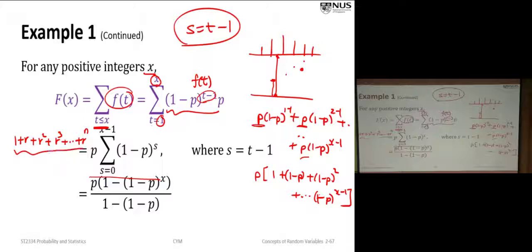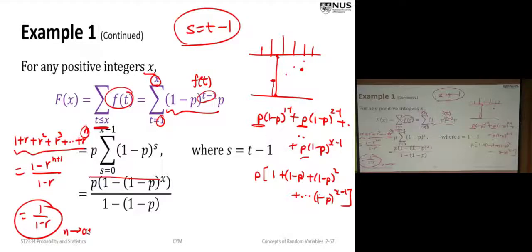Do you know what is the sum of all this? This is equal to (1 minus r^(n+1)) over (1 minus r). All right? So this is the geometric series formula. And if n goes to infinity, then r^(n+1) will go to 0. So the answer is 1 over (1 minus r) for n going to infinity. That means n getting bigger, you add more terms, but the final answer is 1 over (1 minus r).